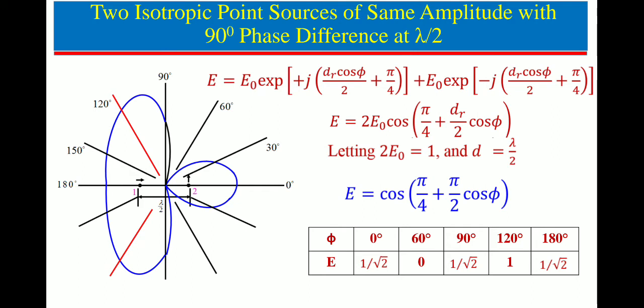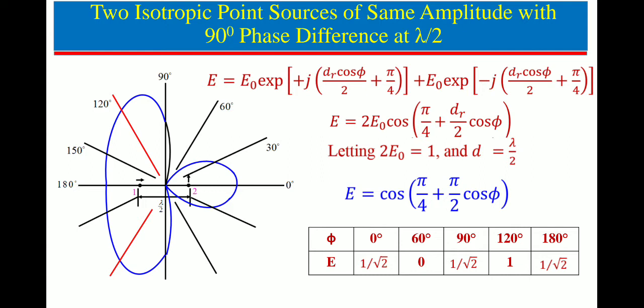Similarly, for two isotropic point sources of the same amplitude with a 90 degree phase difference at spacing lambda by 2, if we consider them, the pattern will look like this. Here there is a 90 degree phase shift, so they are not equal to each other. So E is equal to E0 exponential of plus j dr cos phi by 2 plus pi by 4, plus E0 exponential of minus j dr cos phi by 2 plus pi by 4, and we can conclude the electric field is equal to 2 E0 cos